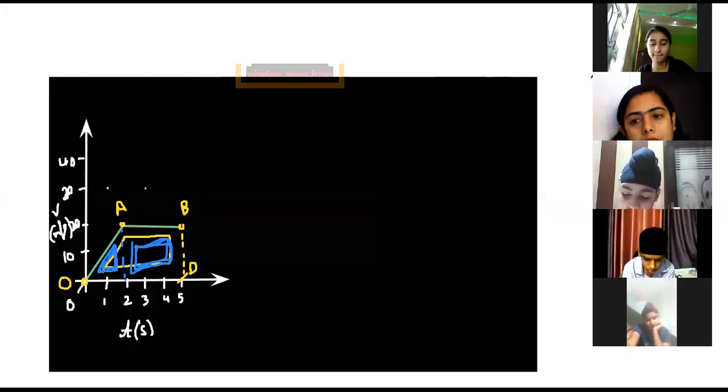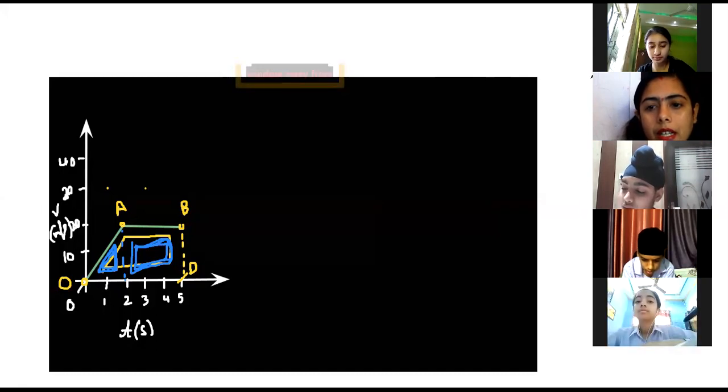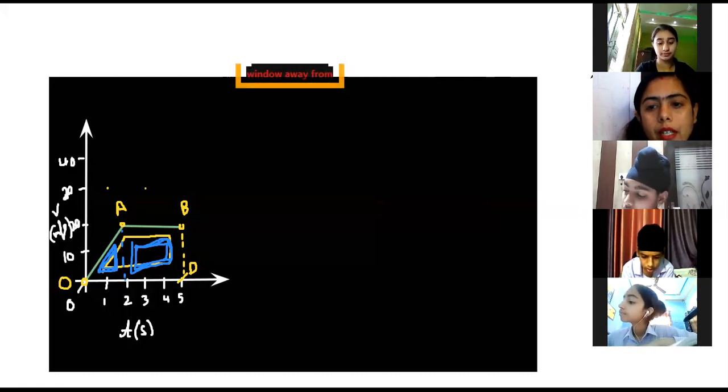And if you don't know the formula of trapezium, you can also split it into two figures. One, you will be having a triangle over here. And second, you will be having a rectangle over here. So by triangle plus rectangle too, what you have to do is find out the complete area under this. So you can go with the trapezium directly, or you can go with triangle plus rectangle. Okay, try to do it. Then we are going to have it onto the screen as well.